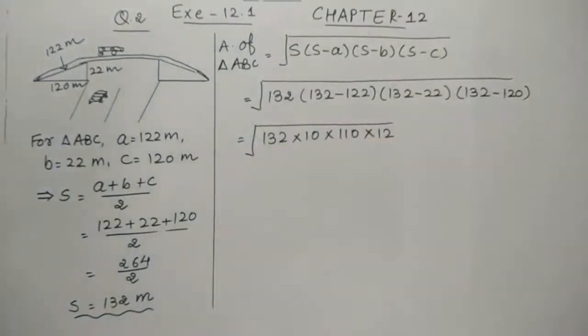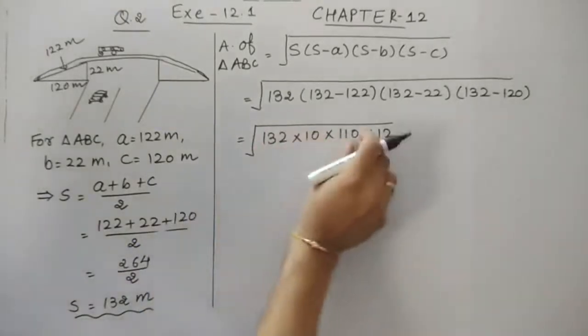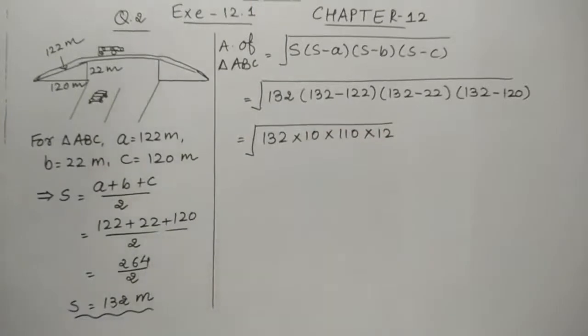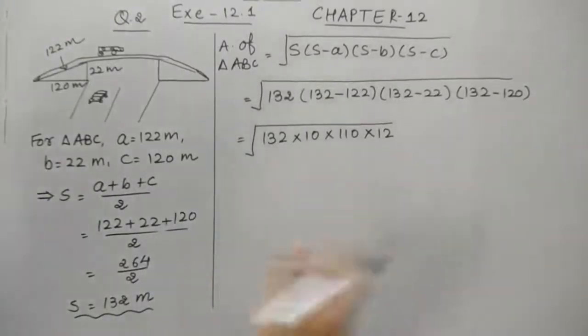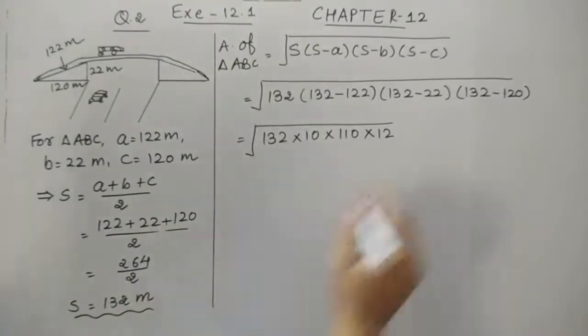Now what? How to find out the square root? So remember students, let's find out the prime factors of each and every term. That is the easiest way to do. थोड़ा लंबा होगा मगर सबसे इजी है. आप प्रोडक्ट करोगे फिर पता कैसे चलेगा ये किसका स्क्वायर है. तो इट इज बेटर विल फाइंड आउट द प्राइम फैक्टर्स ऑफ दिस.